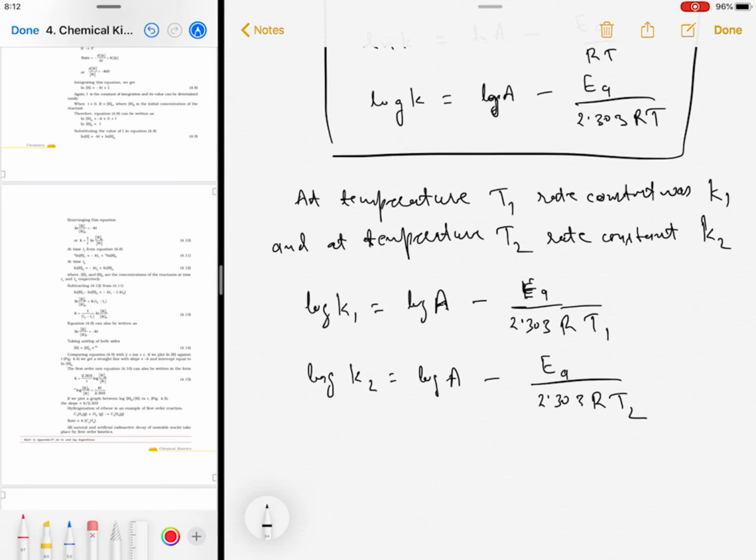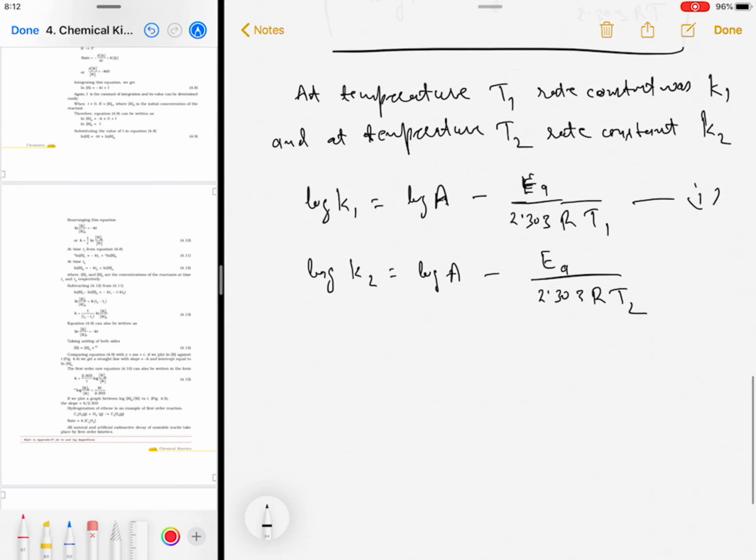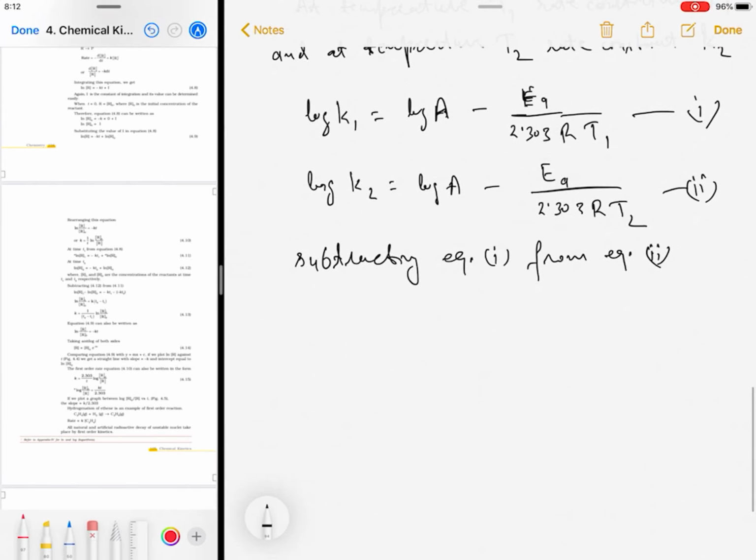So here we have two equations. This is equation 1, this is equation 2. Now if we subtract equation 1 from equation 2, what do we get? We will get log of K2 minus log of K1 is equal to log A minus log A, and moreover we will get